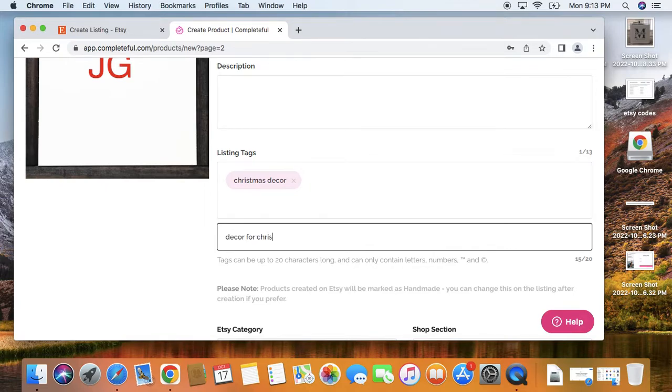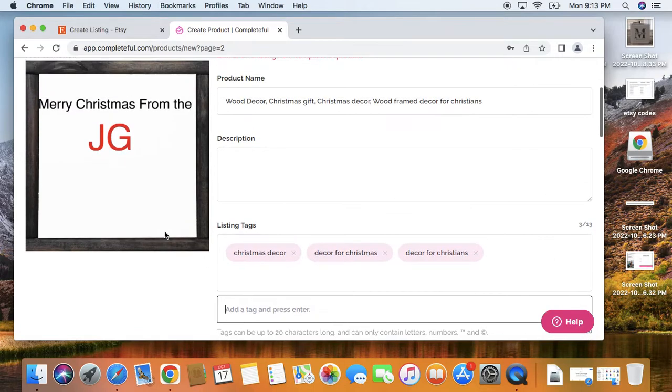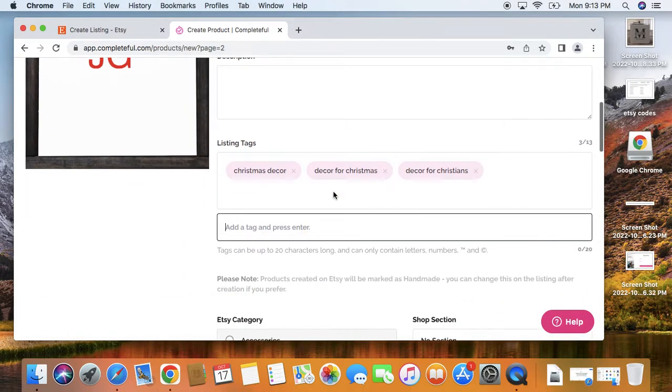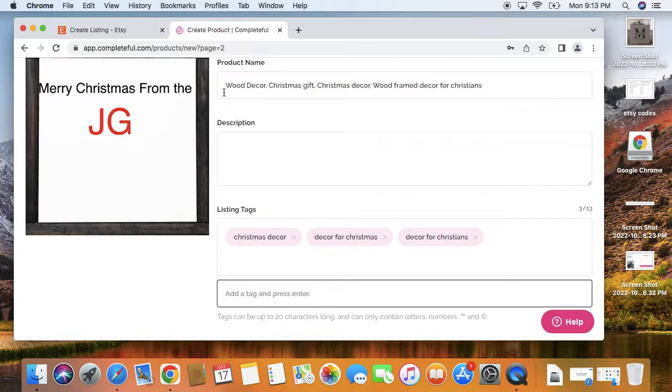Decor for Christmas. Decor for Christians. And you can go on and on and on. Now, most people that are creating listings and selling things online on Etsy are doing the same thing. They're using these same words. You're going to be basically struggling to get exposure for your products because you're doing the same thing that everyone else is. Getting creative here in your title is the key, especially if you can match your title